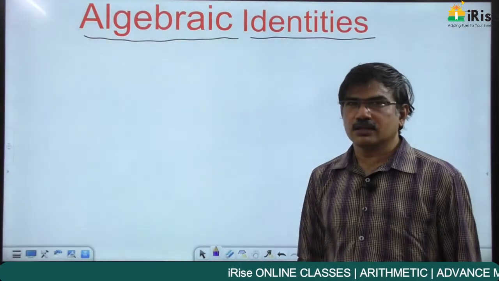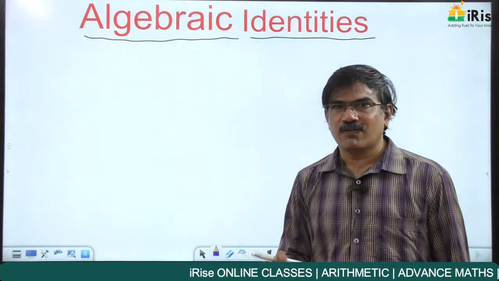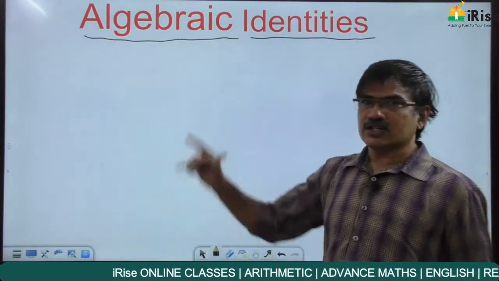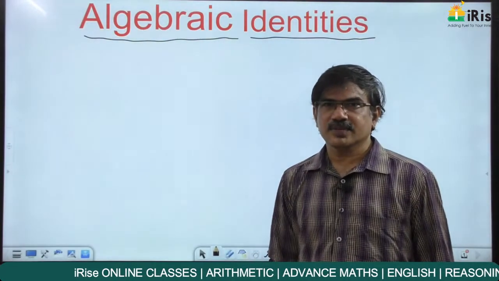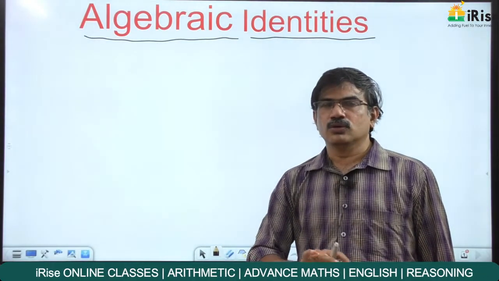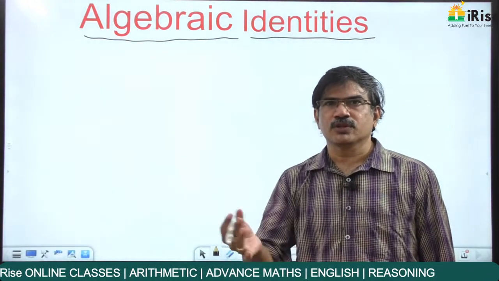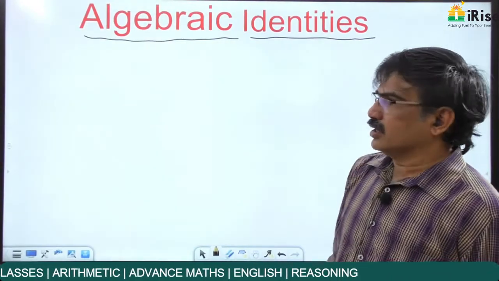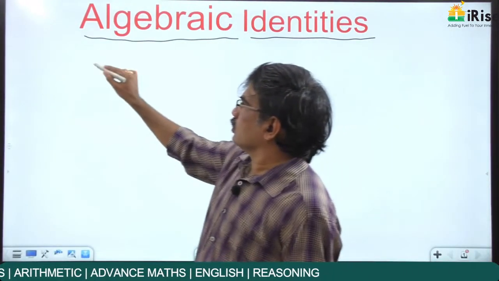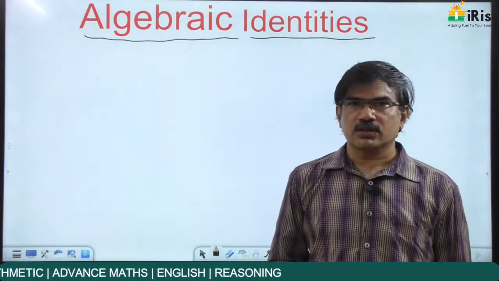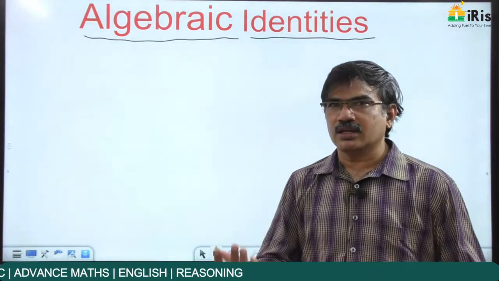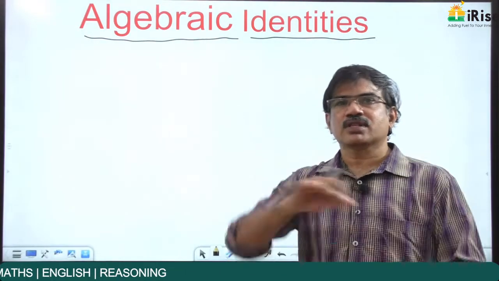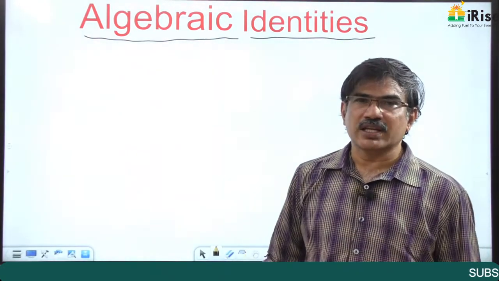These are nothing but algebraic formulae. So I want to write the list of identities and how those formulae can be useful to solve the questions. Here we know (a plus b) whole square is equal to a square plus b square plus 2ab, and you have to know not only the (a plus b) whole square formula, the reverse also will be given based on the questions.